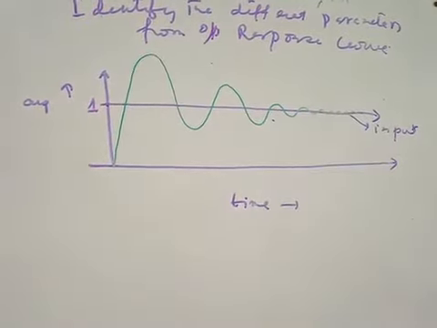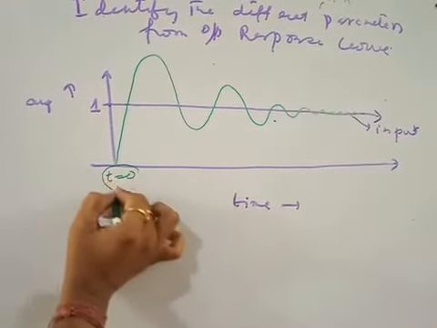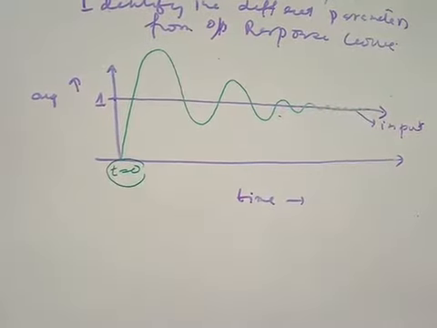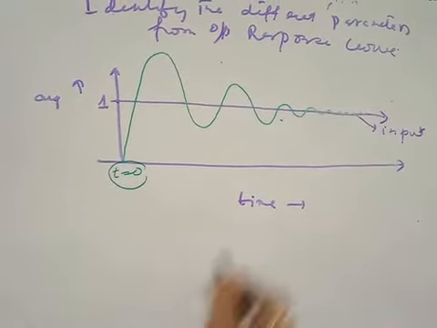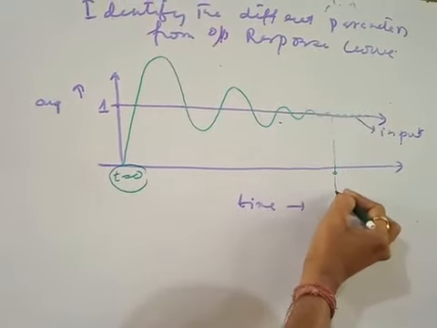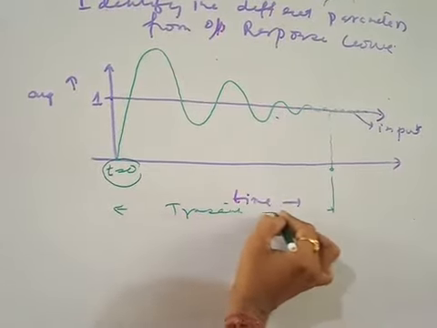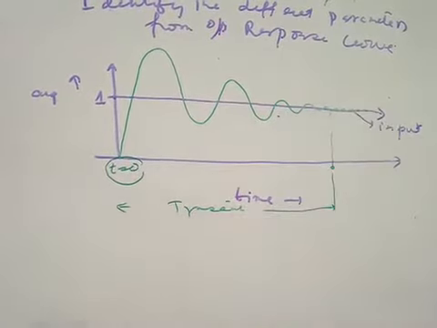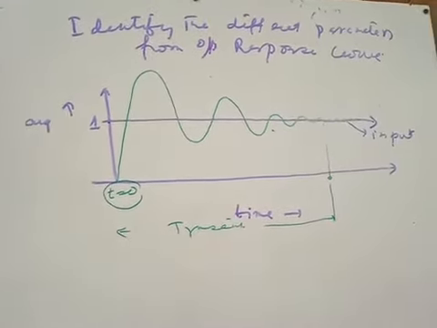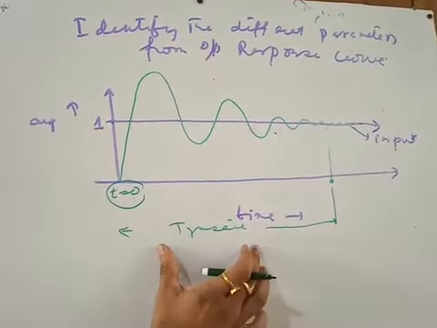See, what are the parts? First of all, you have to identify, starting from t equal to 0, that is the initial time, up to a certain time where the transient signal exists. We have to consider that part. That means up to this part is your transient part. And see, there are also certain very small tiny oscillations, and that much oscillation can also be considered as steady state, so there are certain conditions that I am discussing in this section.